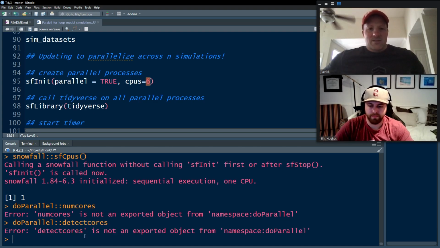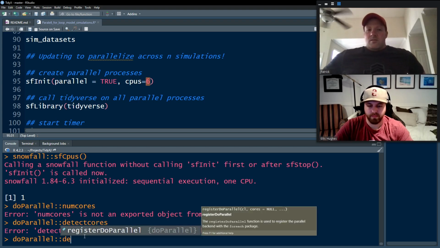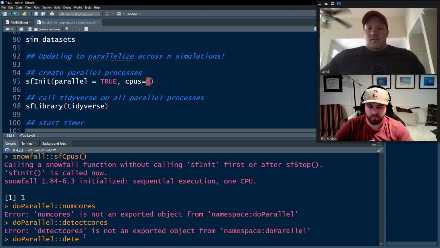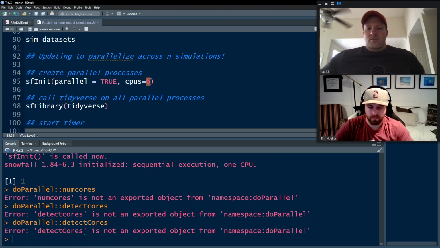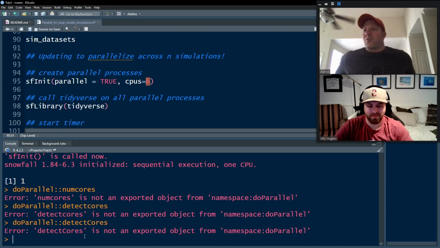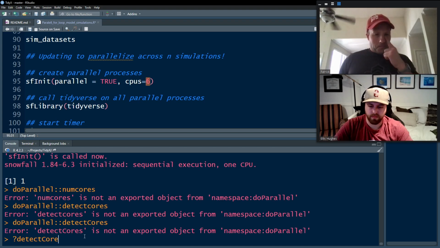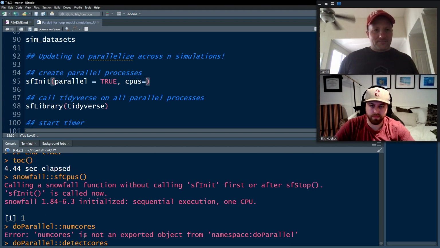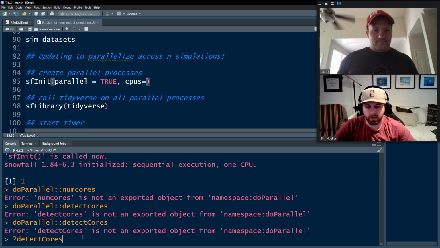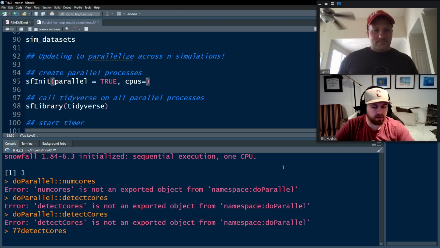I think that is what it is? With a capital C, maybe. Detect cores. No, not a function. Yeah, are you sure? I don't know where. I think it's either there or it's in foreach. I mean, those two kind of go together. So anyway, we can... Oh, this is what we get for not scripting this and practicing this ahead of time